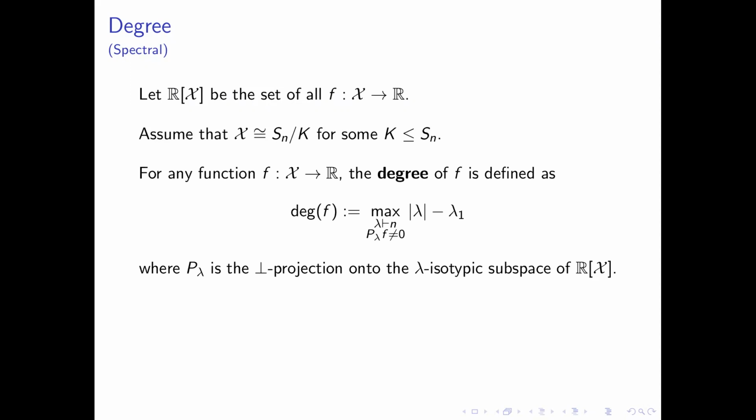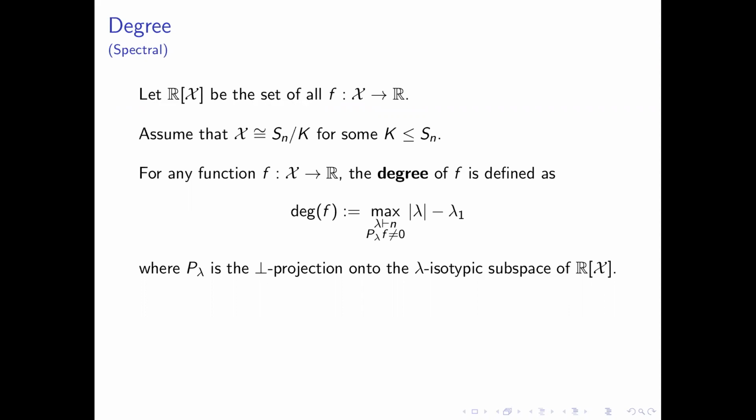Okay, so this is, I'll say, the right definition for spectral degree. What we're going to do here is look at our real valued function, and consider its projections onto these isotypic subspaces. We consider all these projections, and we're simply going to take the max of